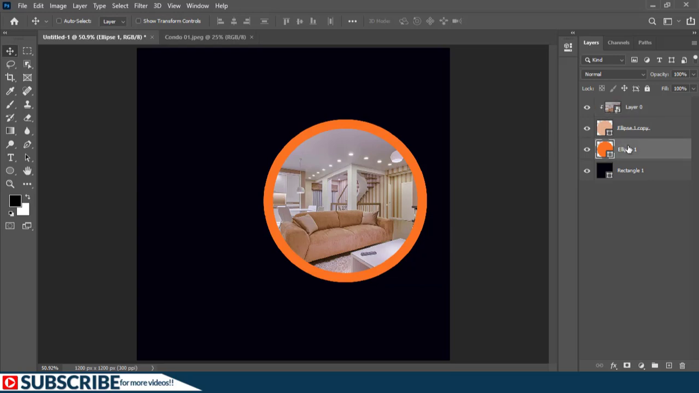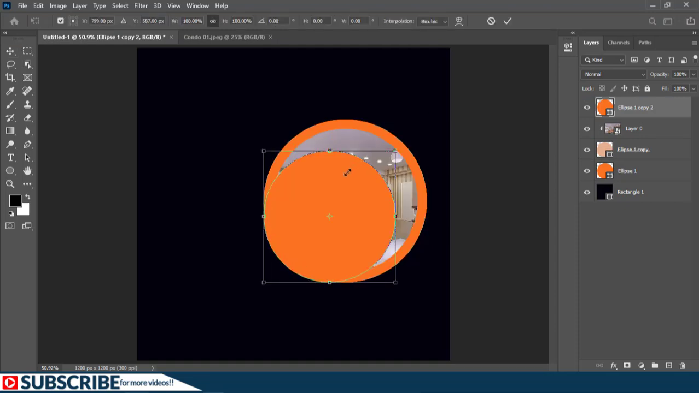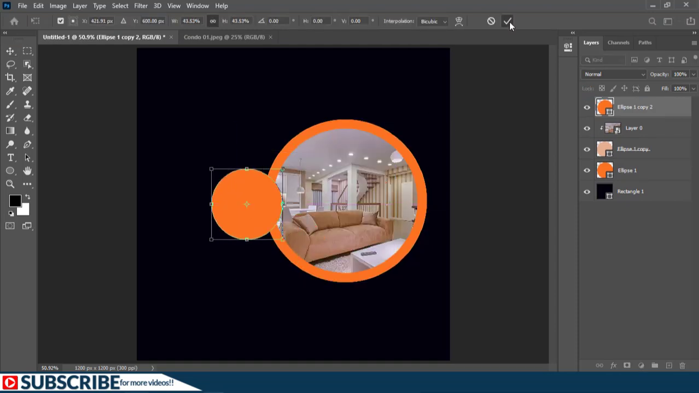I'm going to select this ellipse and press Ctrl J to duplicate it, move the duplicate up and scale it down. And it must come here. Accept the transformation and let's double click on the thumbnail